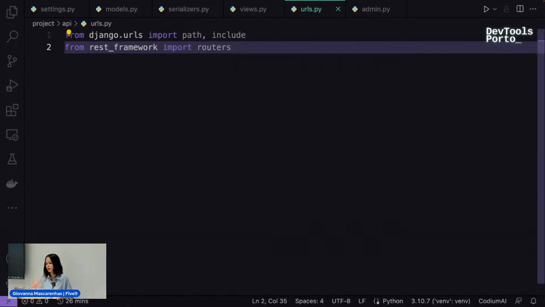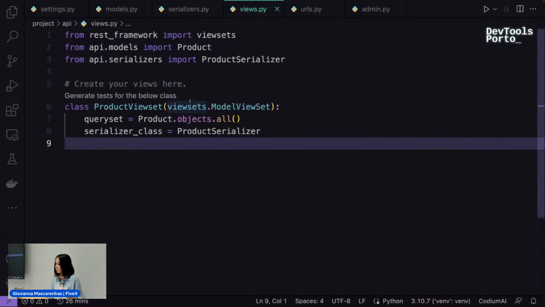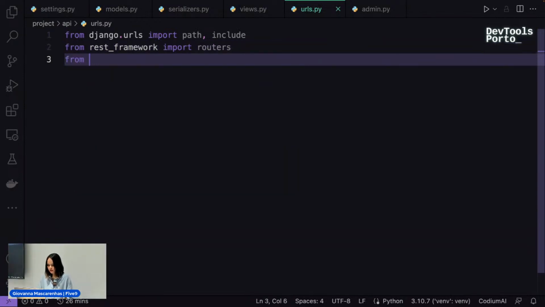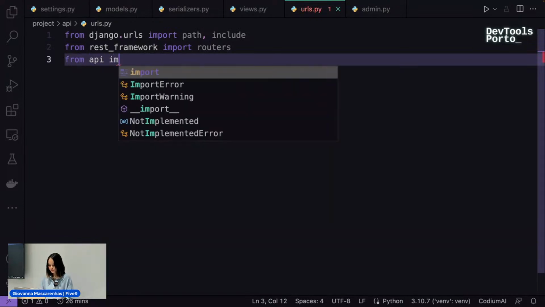Because we created here in the views, we are working with view sets and model view sets, we can work with this routers thing. So you don't need to configure your routers and your URLs. And we need to call the view that we created now.